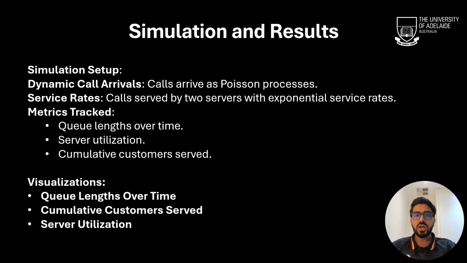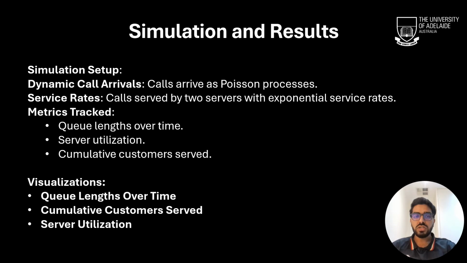To evaluate the effectiveness of our call routing strategy, we implemented a simulation based on our Markov decision process model. In this simulation, we simulated the dynamic call routing model by a Poisson process, which is commonly used to represent random call arrivals in call centers. The service rate for calls was modeled using an exponential distribution, representing the time it takes for each server to handle a call. This setup closely mimics the real-world service environment in a call center, where there are fluctuations in the speed at